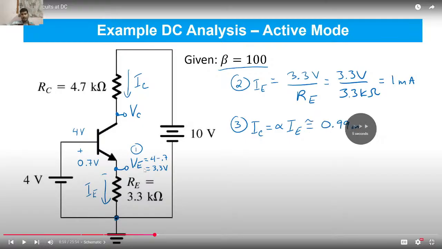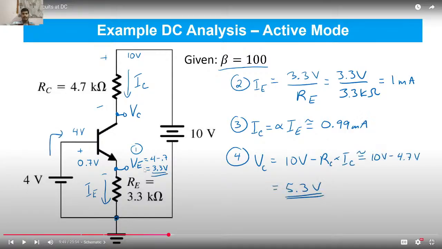Next I find IC equal to alpha IE. So now we can find the value of IC, which is approximately 0.99 milliampere, because we know the value of IE. So VC, now VC equal to VC, which means voltage, the potential at point C equals to